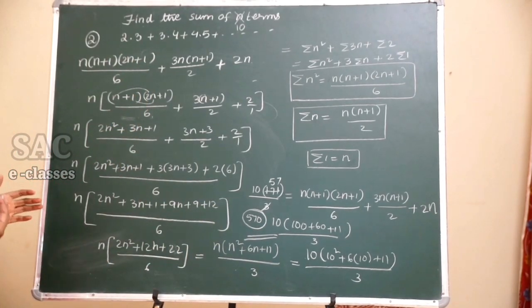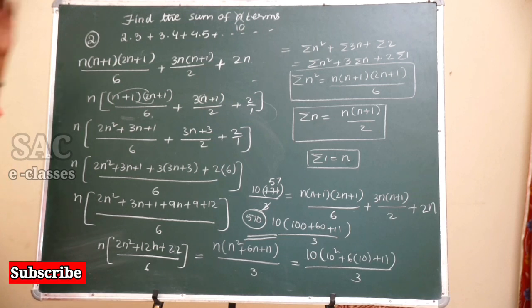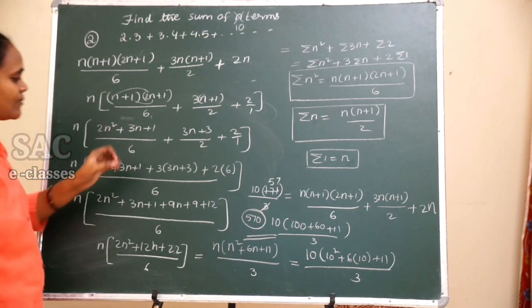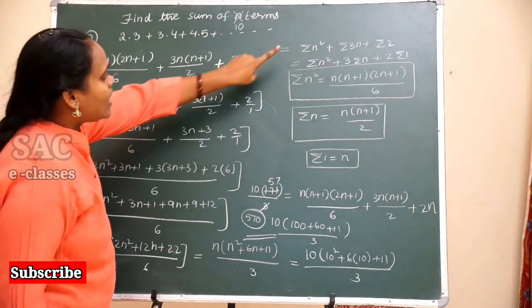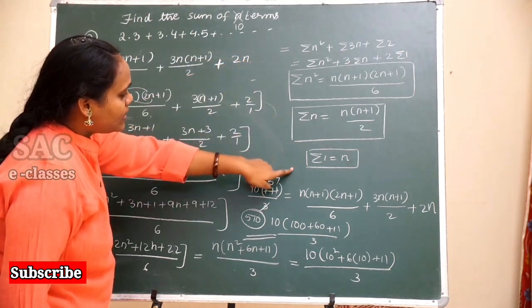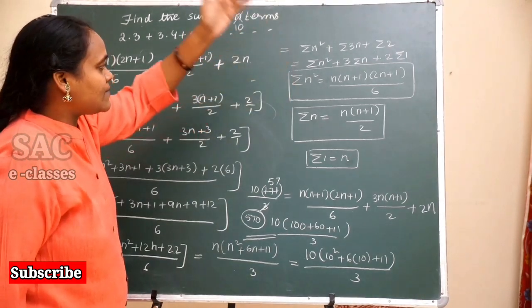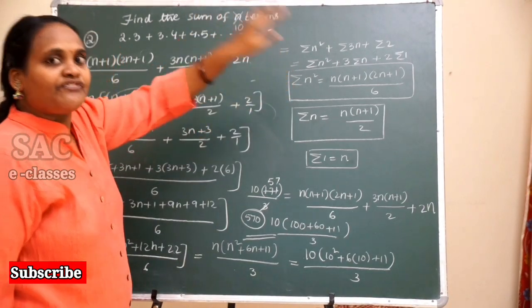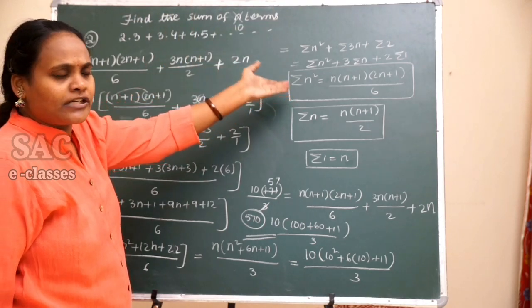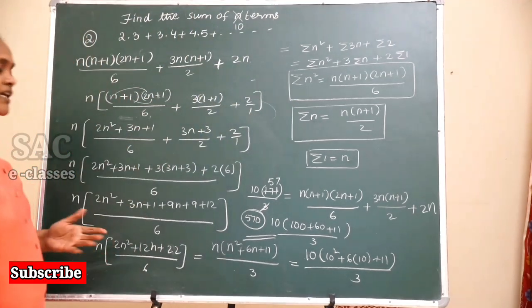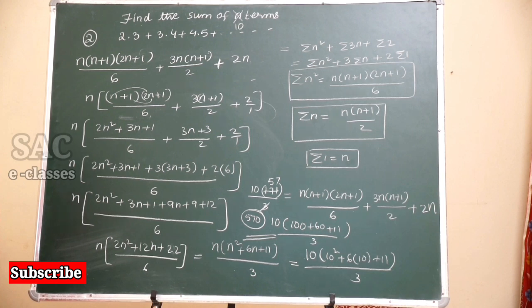In this way we can find it out. If they ask for n terms, we do n terms; if they ask for 10 terms, we do 10 terms. But for this you have to think about what the nth term is and the summation of n terms, and apply the sigma n square formula. If there is any constant term, what is the formula? Simplify it and get the answer. Let's move to the next problem.